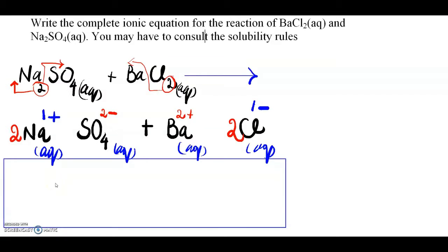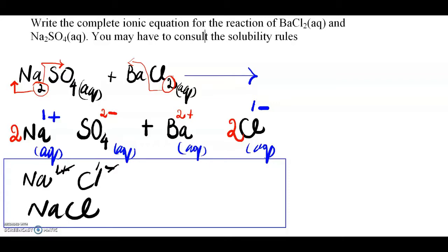Now the third step. In this step you have to determine the products. In order to determine a product, you need to react the positive ion of the first reactant with the negative ion of the second reactant. So the first reactant is the sodium ion, which carries 1 plus, and the second reactant's negative ion is chloride, 1 minus. So they will be cancelled out and our product is